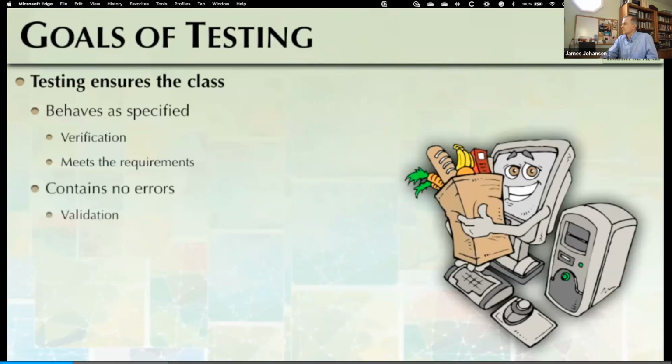The second important goal of testing is validating that our class has no errors. Our implementation must work as expected and not lose or modify data outside of its responsibility. The data structure that implements an ADT should be consistent. When items are added to the data structure, they should be added and not lost or break the data structure or how we track items inside the data structure.